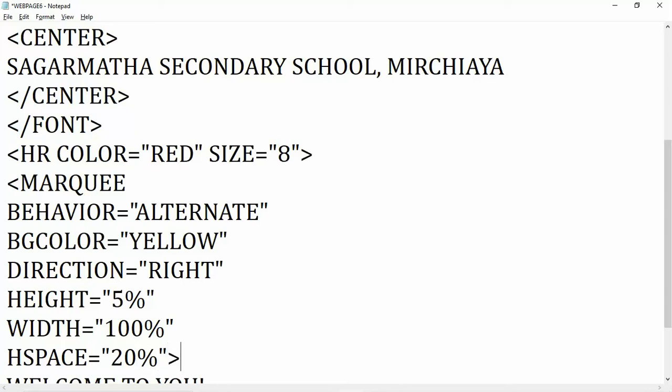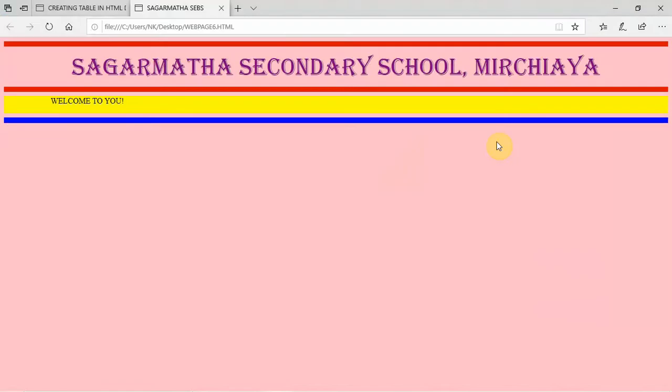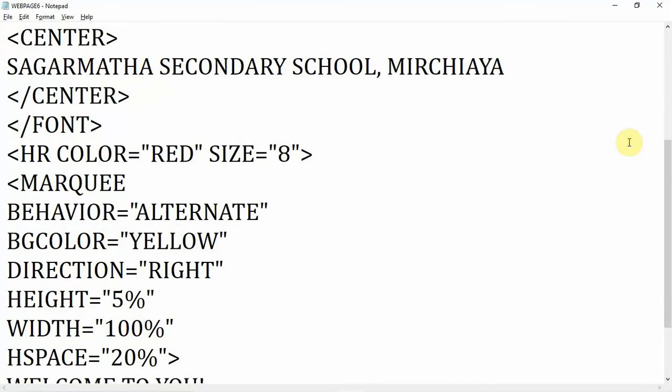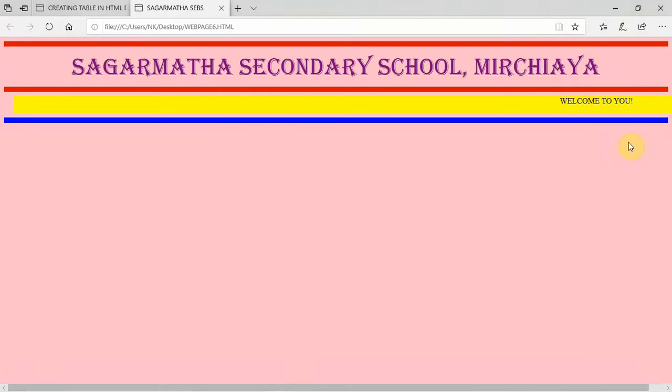Now you can see the effect, Ctrl+S, F5. Now it moves our text to the right side. If I give a larger percentage like 50% HSpace, then you can see it moves horizontally.